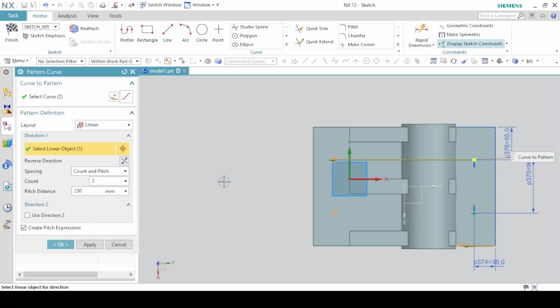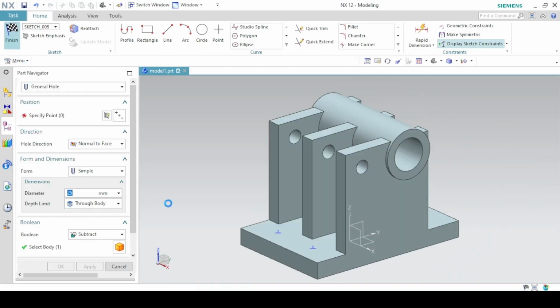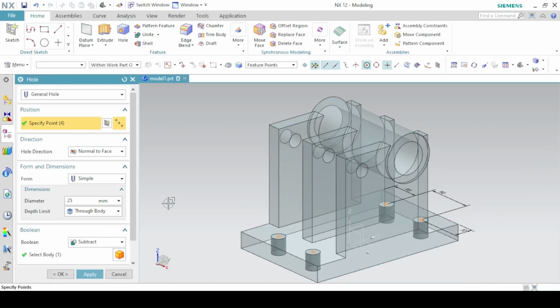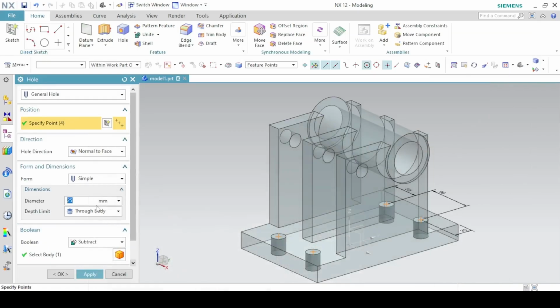Reverse, so it can come here. The spacing should be count and pitch. The count should be 2, and then the pitch distance 230. Okay. Sketch is still fully constrained, so finish. The diameter of the holes is 20 millimeters. Okay.